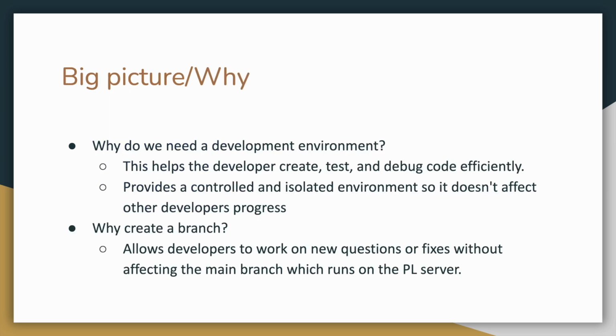Bigger picture, why do we need this development environment? This helps the developer create, test, and debug code efficiently, and provides a controlled and isolated environment so it doesn't affect other developers' progress. Why do we create a branch? This allows developers to work on new questions or fixes without affecting the main branch, which runs on the PrairieLearn